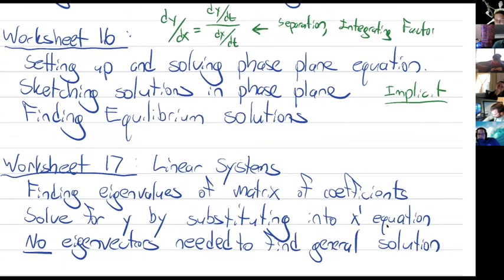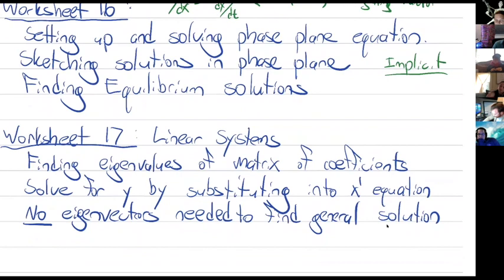Okay, worksheet 17, we spent a bit of time on that. So that was linear systems and the way that we first thought about solving those. So now we're no longer finding phase plane solutions, but we're finding general solutions for X and for Y separately. And the first way that we talked about doing this was writing the system as a matrix equation, finding the